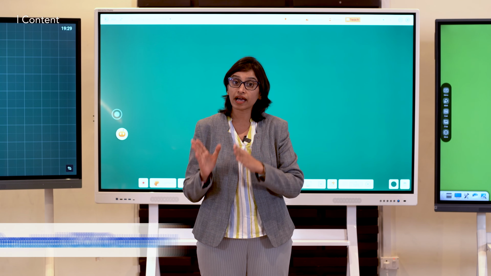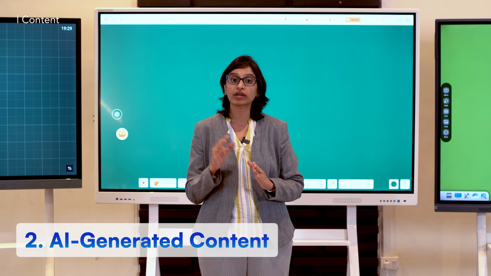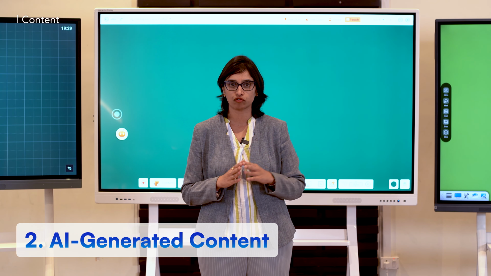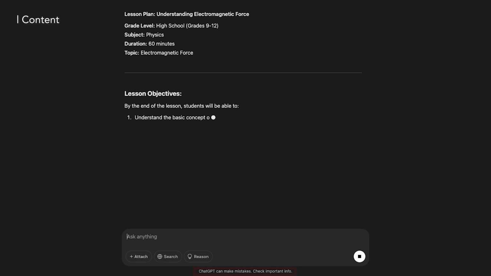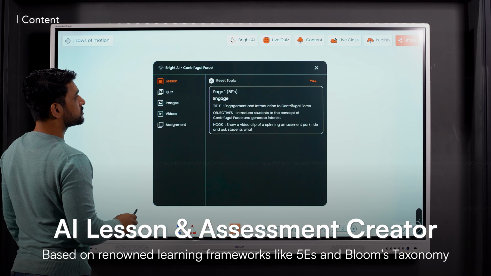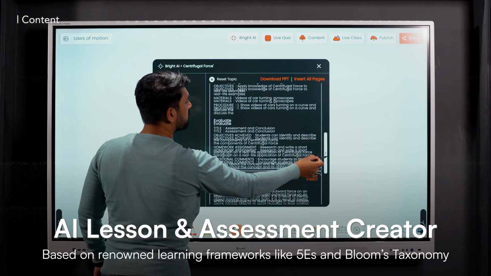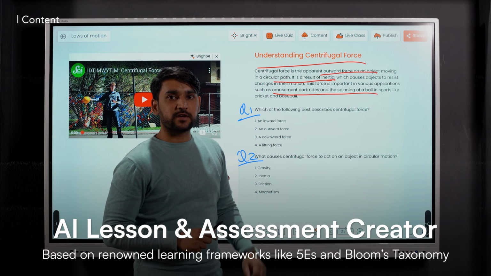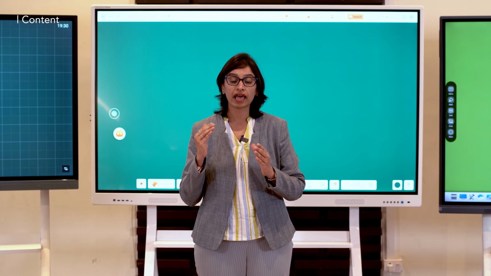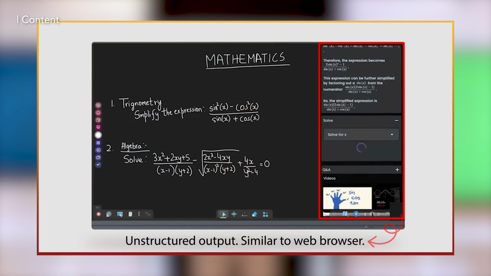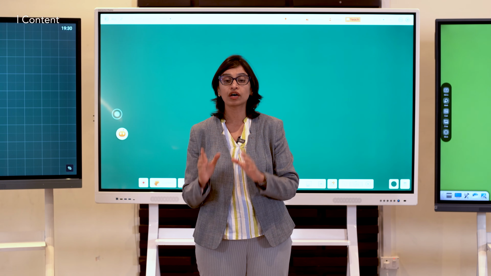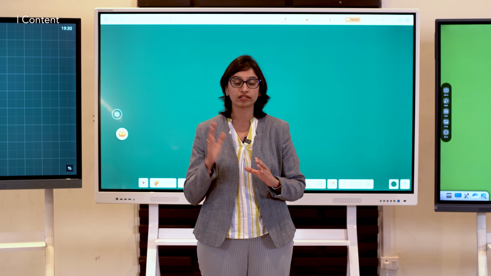The next being the AI generated content. So teachers now can create content in real time using the modern integrated AI tools in the whiteboarding software. Unlike generic AI tools like ChatGPT, these specifically built AI tools feature generating text, images, videos, quizzes which are tailored for the grades and curriculum. Also, be cautious of misleading claims: true AI integration means AI integrated into the whiteboarding software and not appearing as an external app. Hence, always ask your interactive display provider whether the AI is an integrated tool or just an add-on.